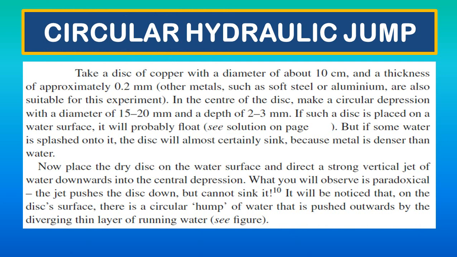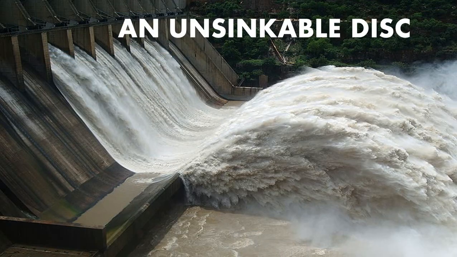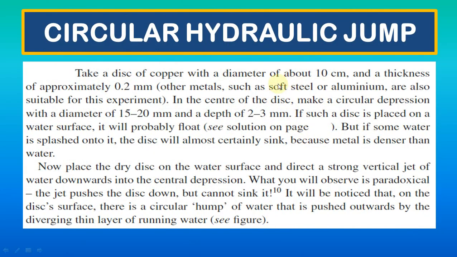So in the case of the disk, we do not see the regular linear hydraulic jump which we see in a dam. That is a linear hydraulic jump. But in the case of a circular hydraulic jump, there are many hydraulic jumps in a circle. There is a locus of hydraulic jumps, and there are a number of hydraulic jumps in a circle. So there we see what the real meaning of circular hydraulic jump is.